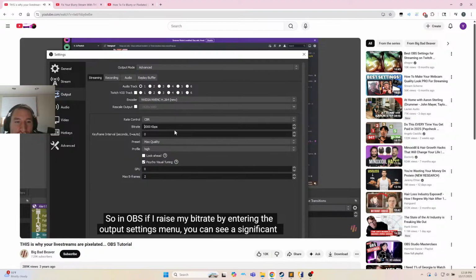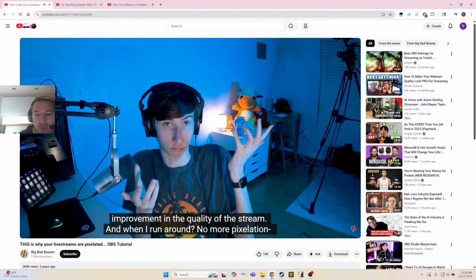So in OBS, if I raise my bitrate by entering the output settings menu, you can see a significant improvement in the quality of the stream. And when I run around, no more pixelation, or at least